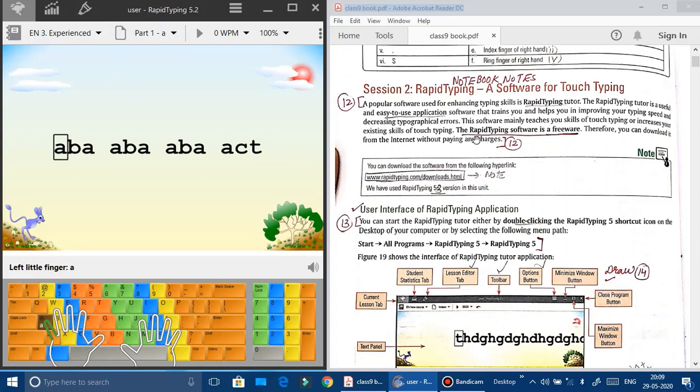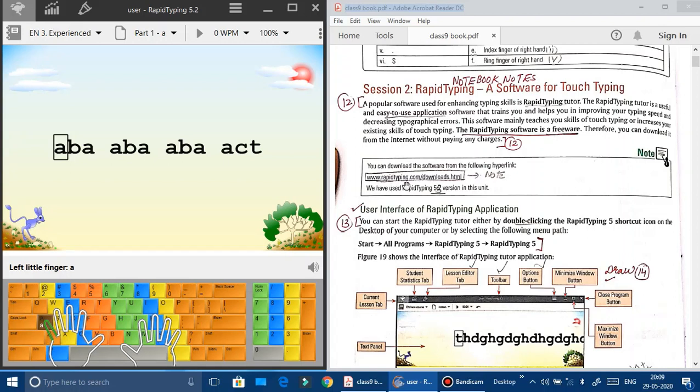So this rapid typing software is a freeware, which means it is available free of cost. That is called open source software, or we can say free software, because for that we don't have to pay anything.